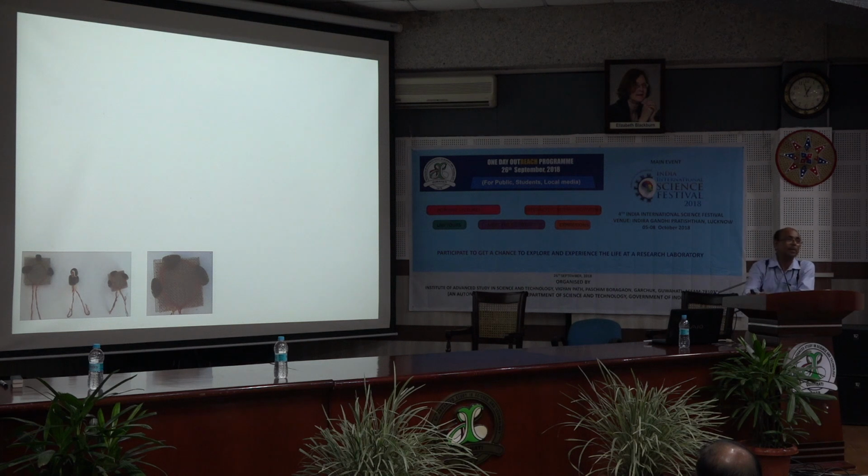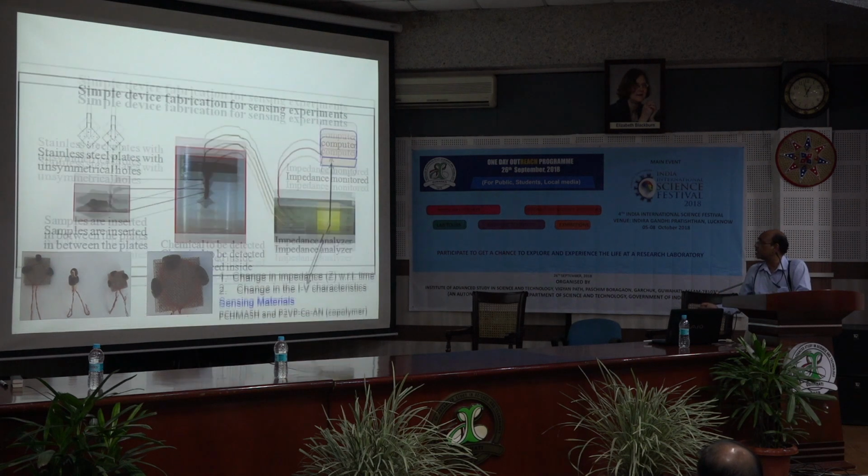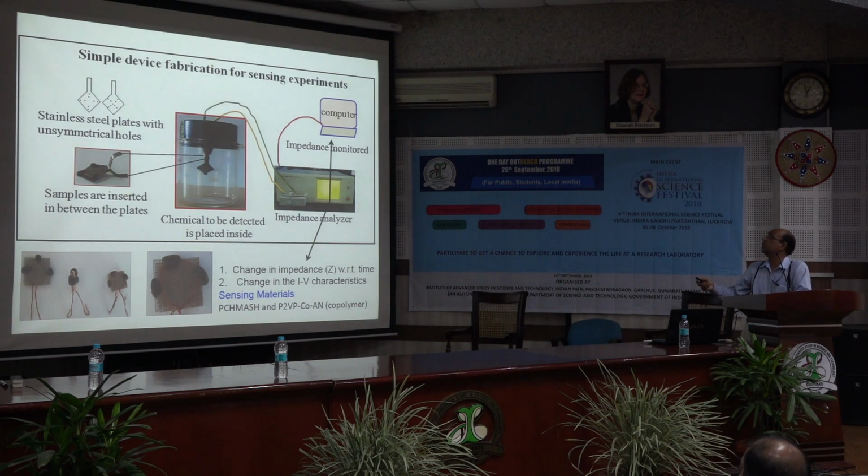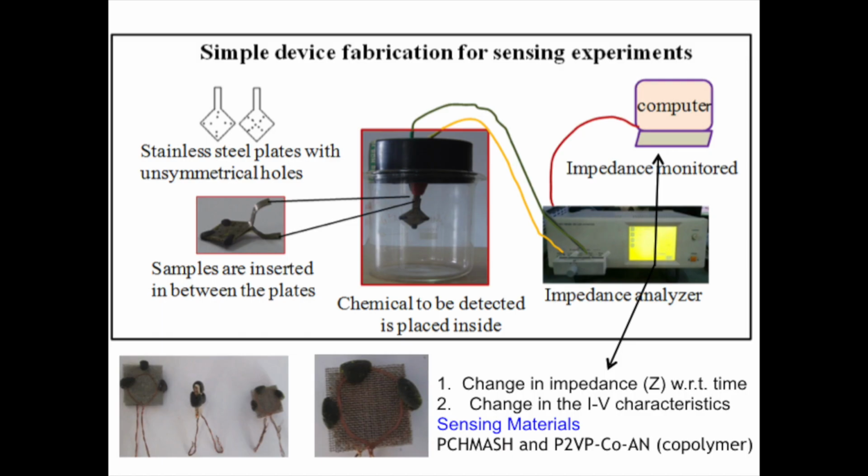To do this, we have developed materials, and that material we put in between two stainless steel chips or stainless steel plates. This is the sensor. We connect it with our impedance analyzer. The impedance analyzer senses the change of its resistance or impedance. The difference is simply that resistance is DC, with no polarity, and is calculated